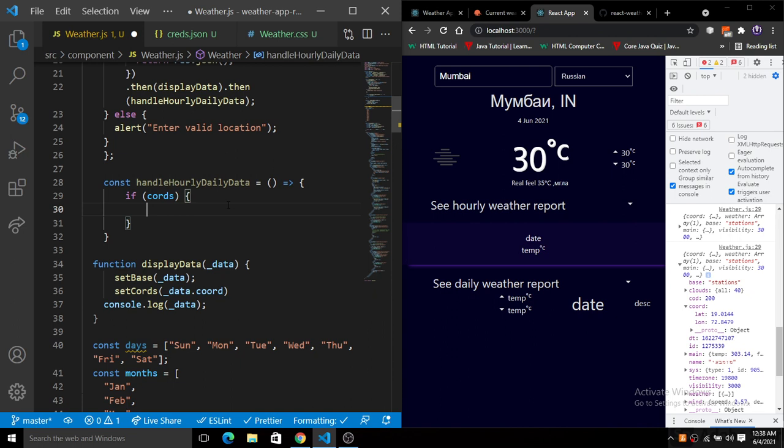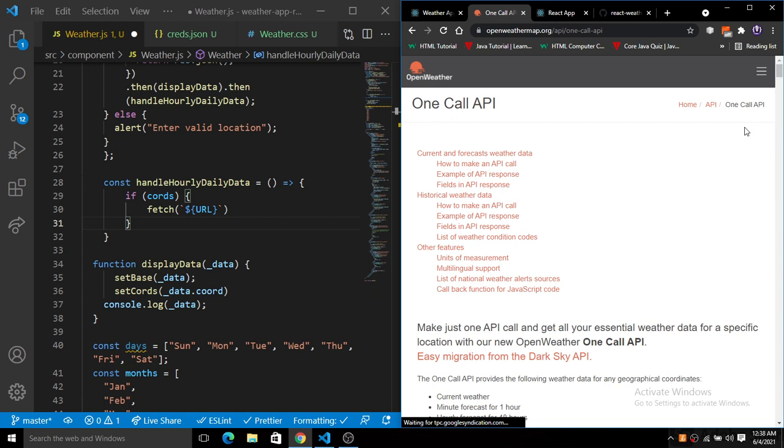Here we will call a One Call API, that we are talking about. This One Call API will give us the hourly and the daily forecast of the weather. Let's open the doc for the One Call API, and inside of this doc we have One Call, and we have these things here.